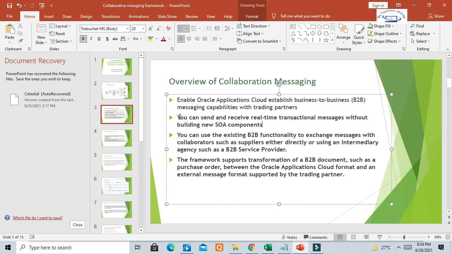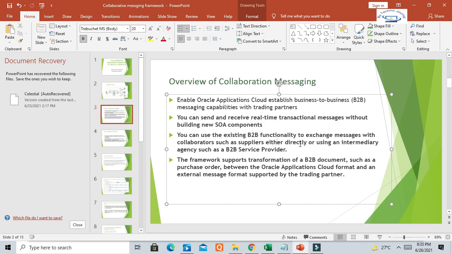We don't need to touch any kind of customizations or SOA components. You can use the existing B2B functionality available in Oracle Cloud, and we need to do some server setups and port setups using the standard functionality, and we can exchange messages with collaborators like suppliers,